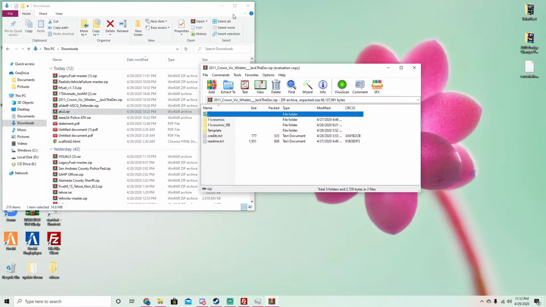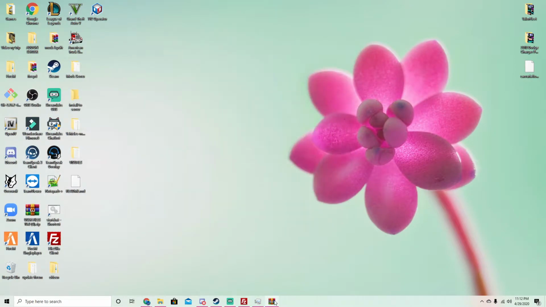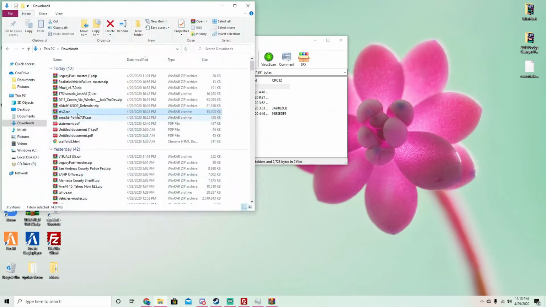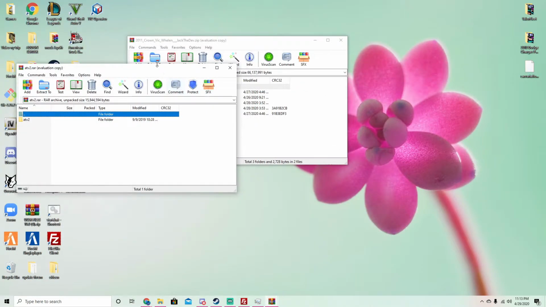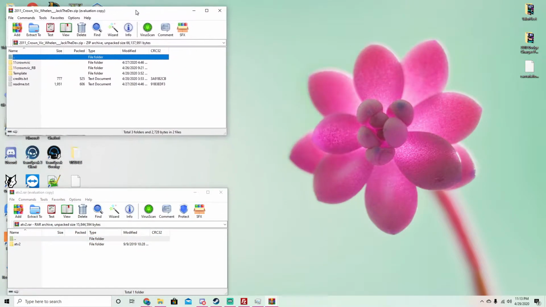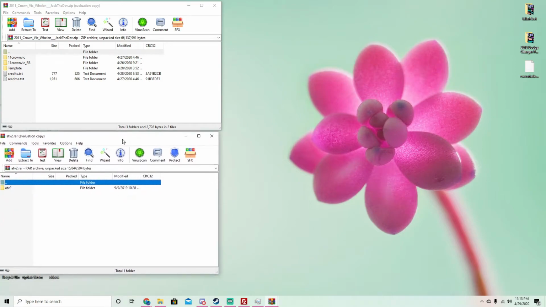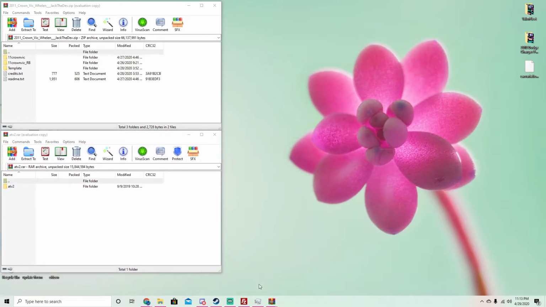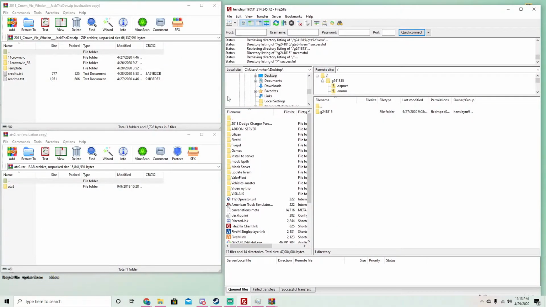Okay. Once you open those two up, you can just put it to the side. You need a program to unzip this. So once you get these two, you just want to put them to the side, make it a little bit easier for you. Then you just want to open up FileZilla, or for your FX Server users, just open your